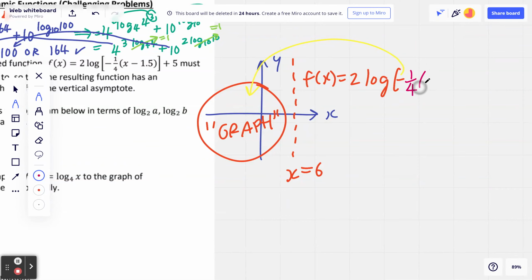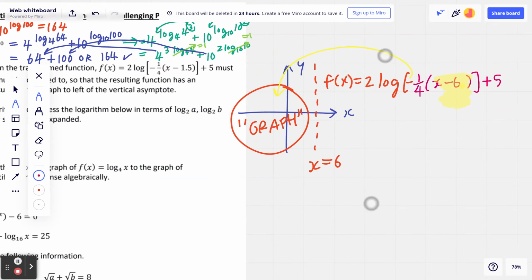Now, what happens is this middle part, which I'll come back to. Again, the plus 5 just means vertical stretch, or I should say vertical translation, 5 units up, and that's fine as well. The key is right here. You're looking for the vertical asymptote to be x equal to 6. This means x minus 6. So I would say, and I'll highlight this for you, this is the one change that you would like to